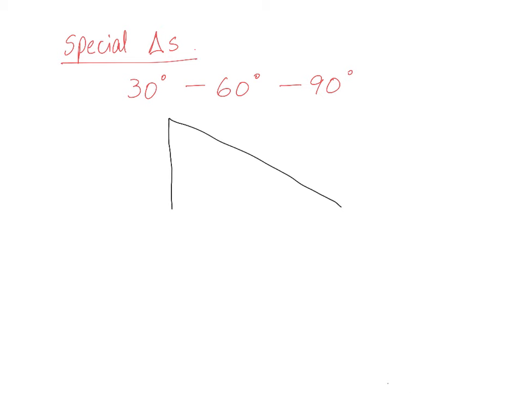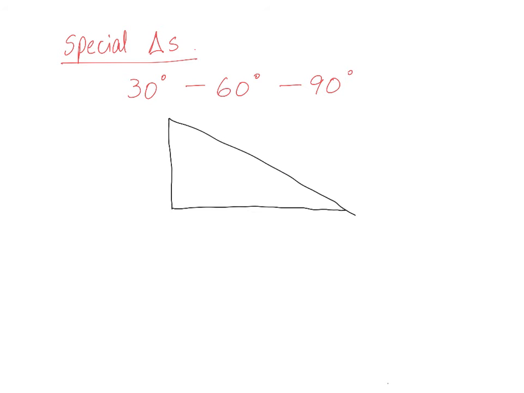Okay, so let's talk about special triangles. So there are 2 special triangles that we will learn about. One is the 30, 60, 90 triangle. So there's a property I'm going to show you. We'll end up proving it at some point. But right now, if you have a 30 degree, 60 degree, and a 90 degree triangle,